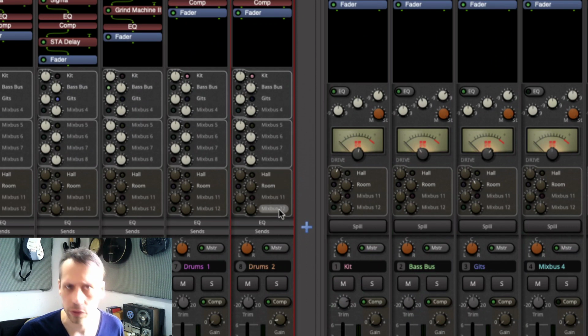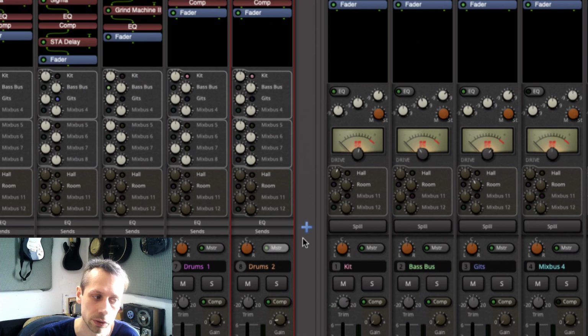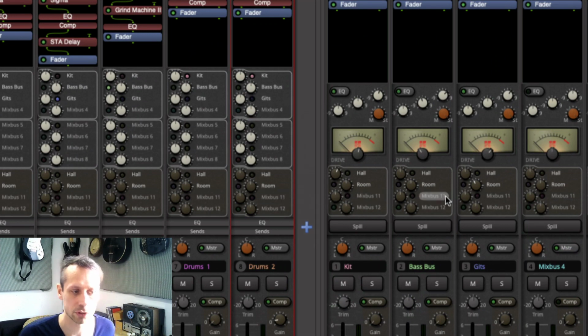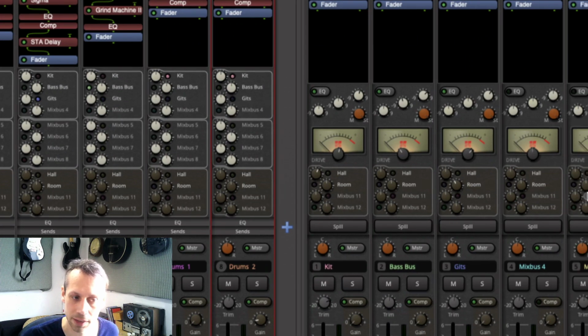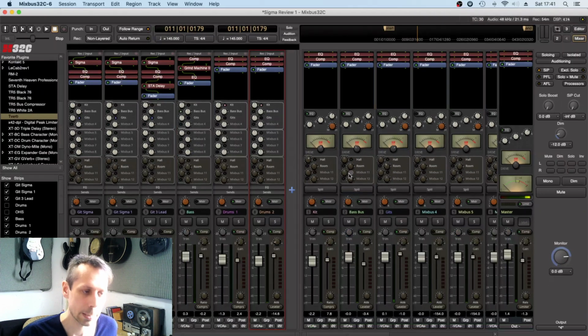Now I've always used Mixbuses 9 to 12 for my auxiliary sends anyway, so this is not really a change for me. But if you haven't been doing that previously, what you'll notice is that now if you want to use Mixbuses for auxiliary sends, it's probably a good idea to do it with 9 to 12, because we also have the option of sending to those from Mixbuses 1 to 8. What does all this mean though? Well, it means when I've got a drum kit that sounds like this,